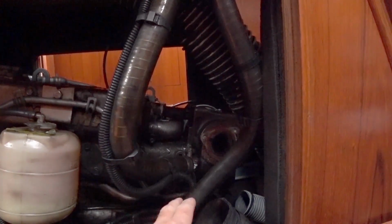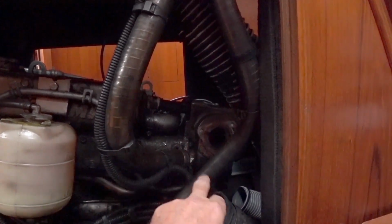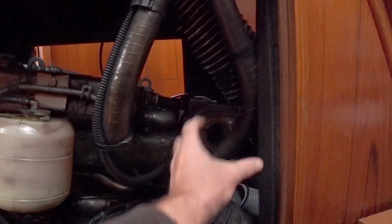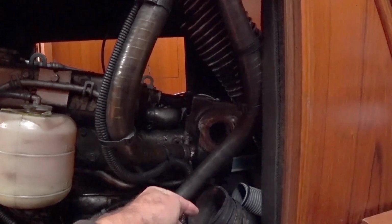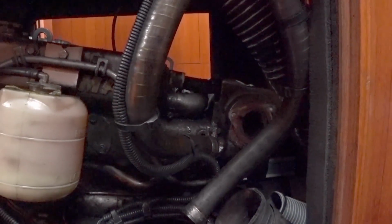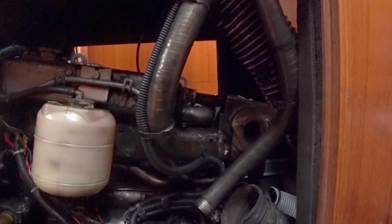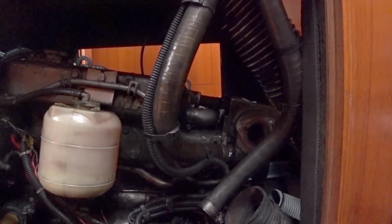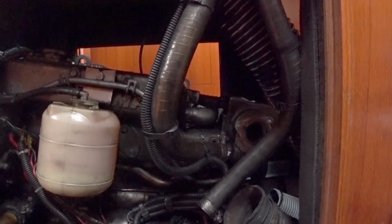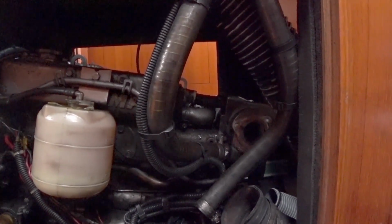Next move is to clean the engine and the engine bay as much as possible. Okay. Just looking at the port side of the engine, this is the hole that the exhaust gases come out of the engine, and they mix with water in the exhaust elbow that's here, and then everything goes out through that pipe there. So we've got the exhaust elbow off and we've had the holes in it repaired, but next week we're going to hire a car and go to a town on the north of the island where a guy custom makes exhaust elbows from stainless steel. So we're going to take it up there to him and find out what sort of cost that would be